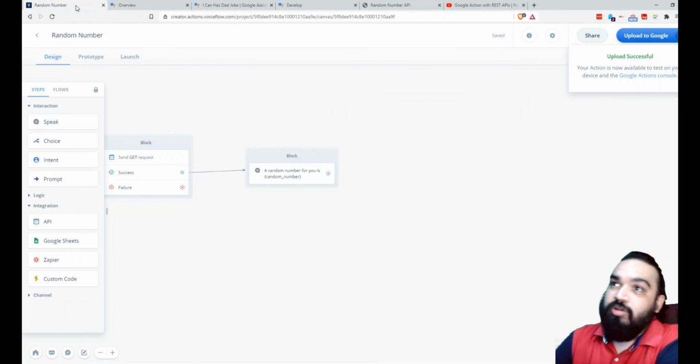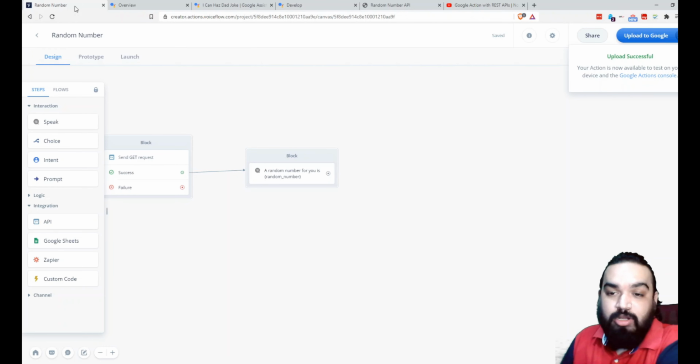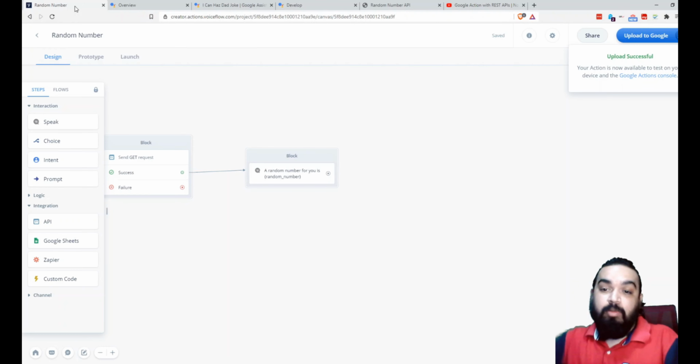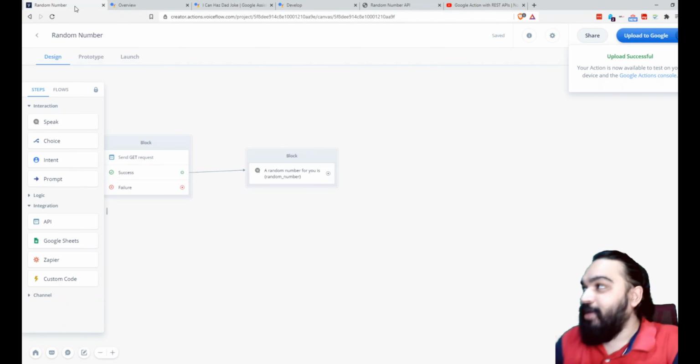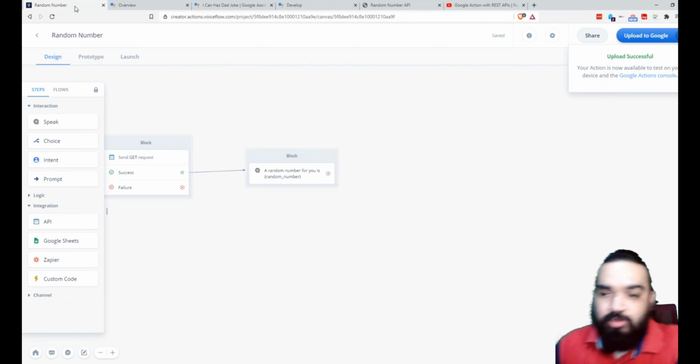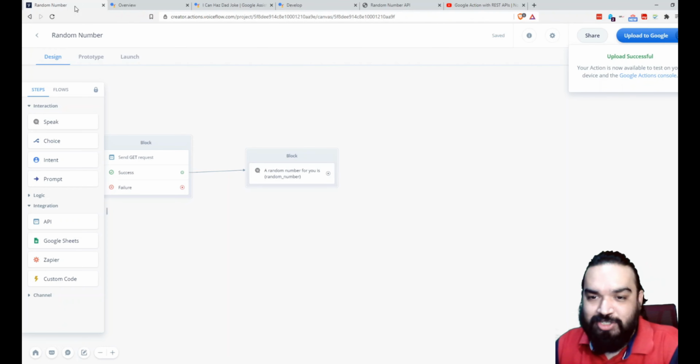So also you have to remember that once you do upload successfully and this is done, you can test it on your Android device where you have the same Gmail account logged in, where you have uploaded this action to, right? So yes, that's the one-click deploy, and very seamless, unlike the earlier one where you had to do a bunch of other things as well along with creating your skill. So now focus more on creating your Google action properly, and then use the one-click deploy tool to create amazing Google actions for Google Assistant.